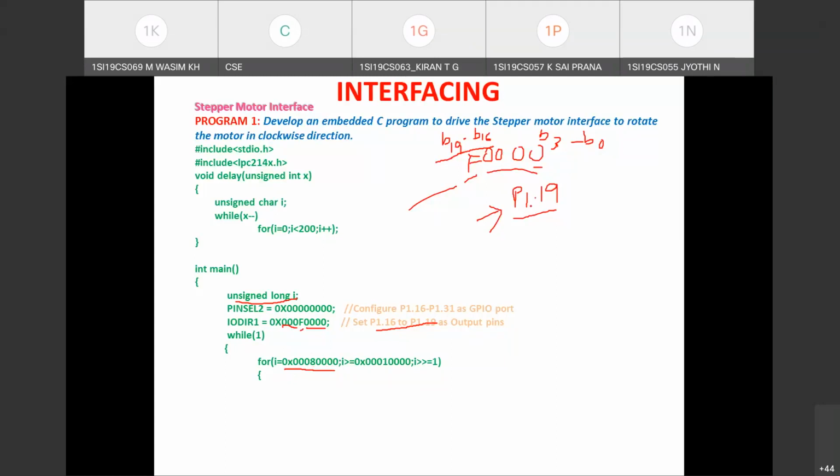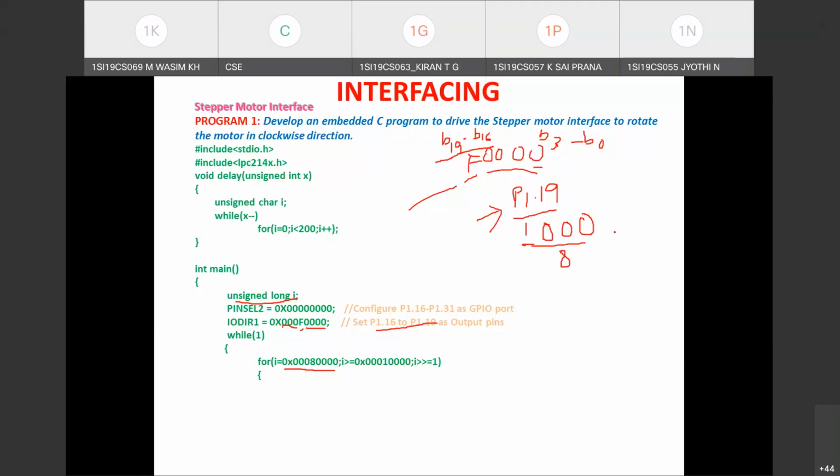Since we need to take logic 1 at this bit status. At the 19th bit position we are taking 1, and the rest of the bit positions we are taking 0. What is significant for us is port 1.19 to port 1.16. See, port 1.18 is 0, 17 is 0, 16 is 0. Only port 1.19 is made 1. This is 8.